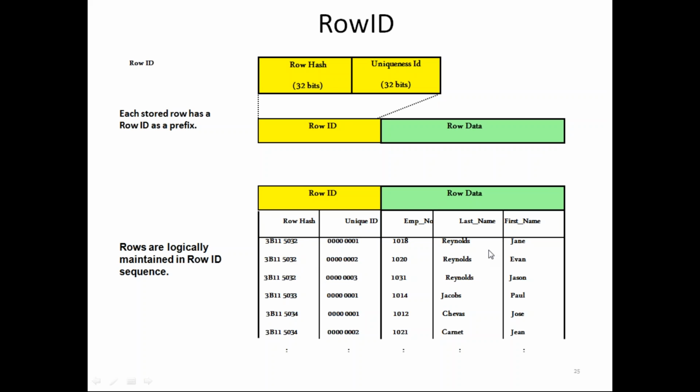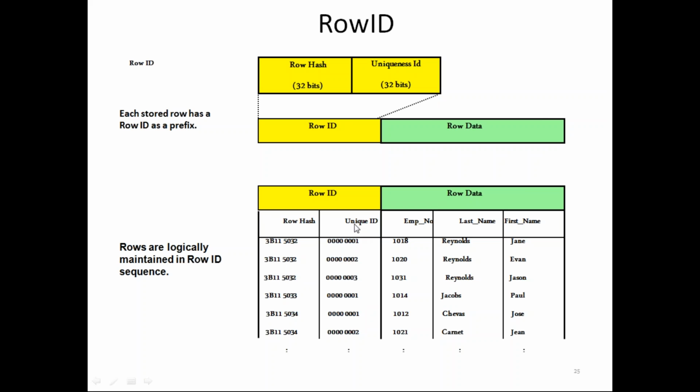You can see the example here. These are 3 duplicate index values. Let's suppose last name is the index in this table. So we have 3 duplicates, and we have 3 row hash values generated the same because the primary index value is the same. When it is given as input to the hash algorithm, it generates the same hash value for all these 3 records. So how do we determine each and every record uniquely?